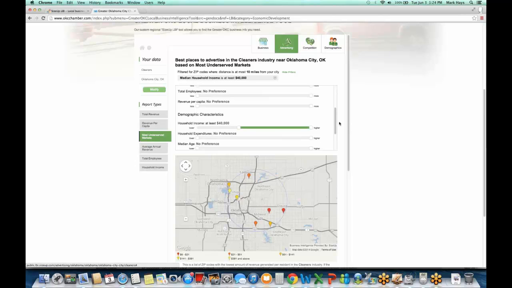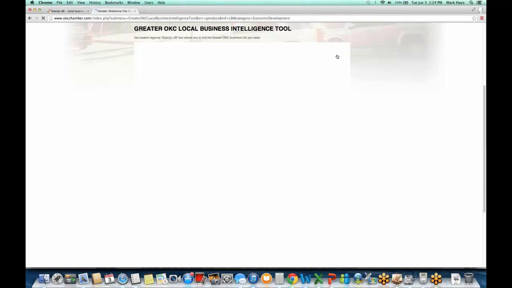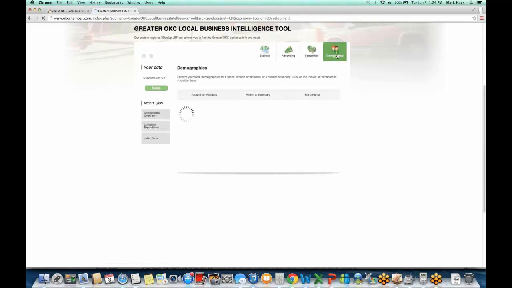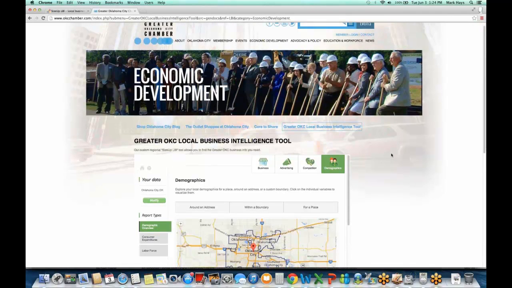It's facts. The next portion is the demographics section. So we're helping people save money. We're helping people make money. That makes any business owner's ears perk up. That's the reason they work 90 hours a week, is to make money. So this is showing them exactly where they're going to make money and how they're going to make money.